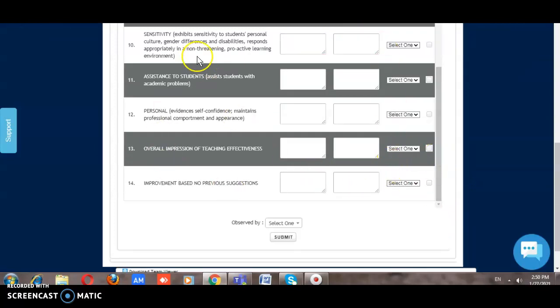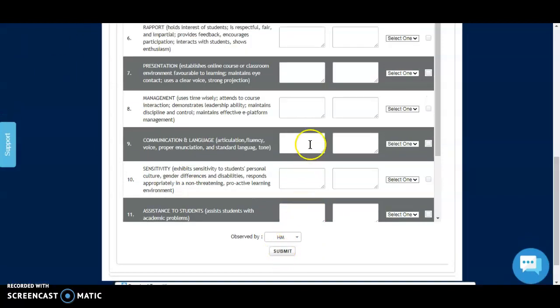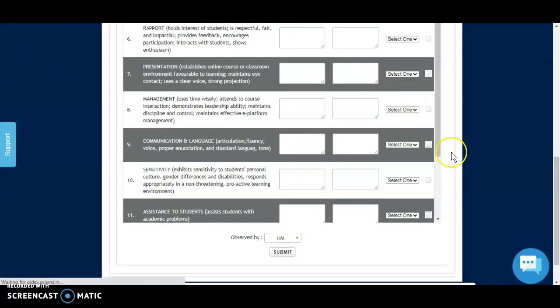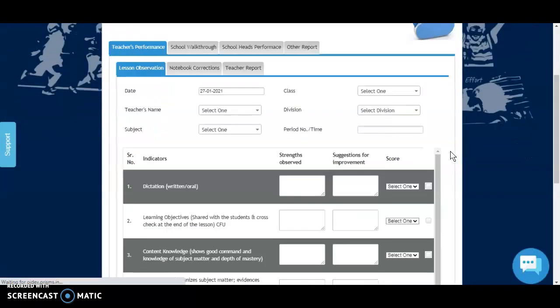Once you are done with entering the lesson observation or the score, you simply have to select who is filling that out, HM, EL or academic developer, and click on submit. So that's how the admin can fill up a lesson observation.